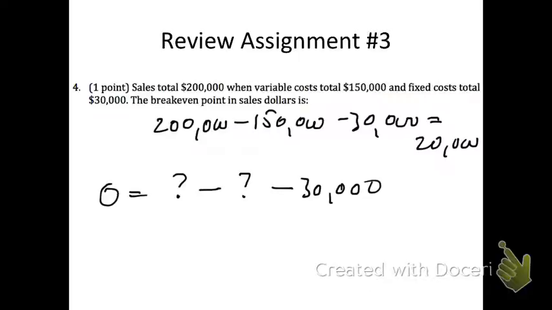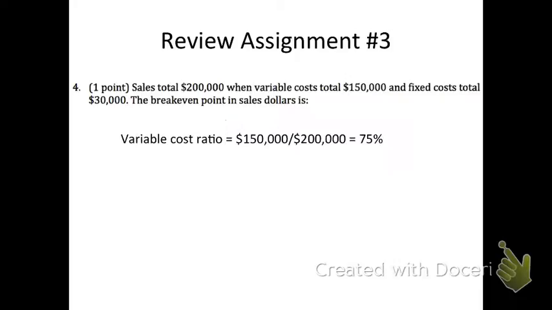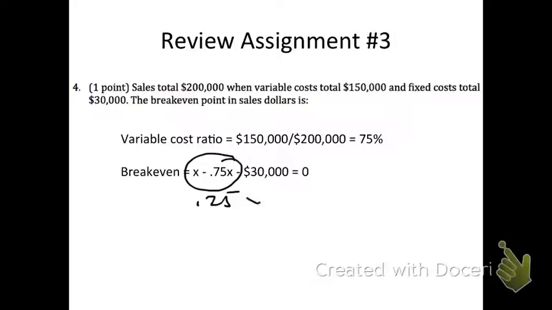So I really have to work with the fact that variable costs change when sales change, and I can find the ratio of variable cost to sales and use either the variable cost ratio or the contribution margin ratio to determine break even. So my percentage of variable cost to total sales is 75%, and again you could use 25% as the contribution margin ratio. So basically what you have here is 0.25x minus 30,000 is equal to 0. And if you solve that, the sales level that gives you break even is 120,000.